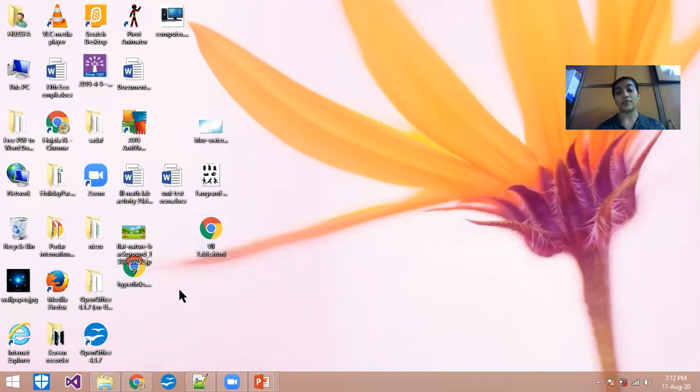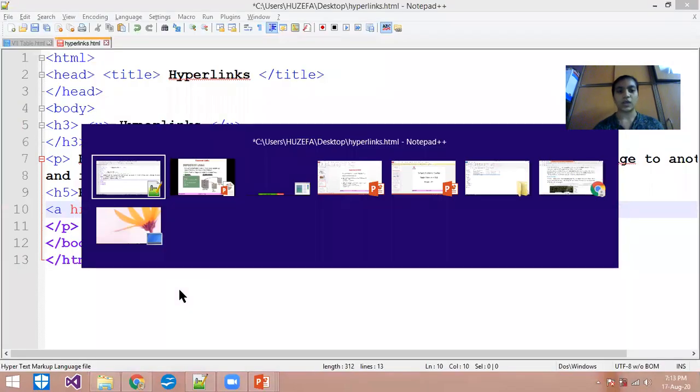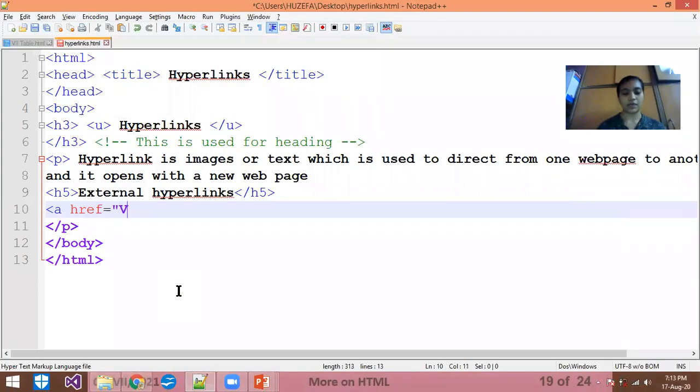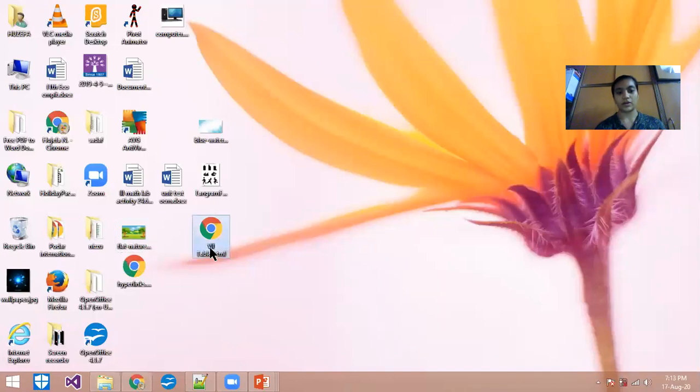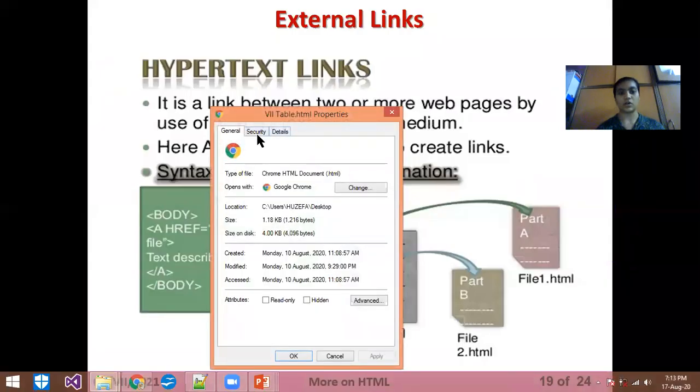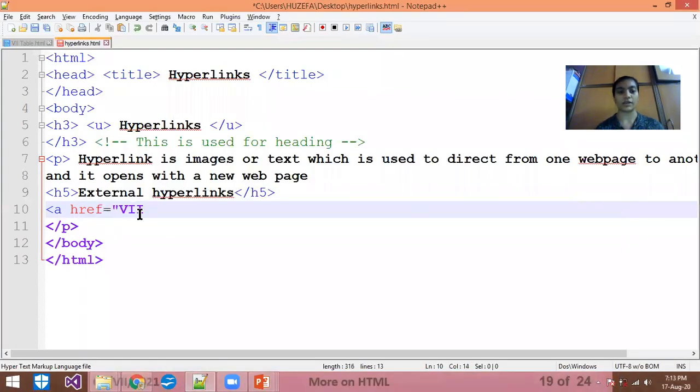7table.html. Both have to be compulsorily on the same location. The way we say for a background image that both should be in the same location, similarly in a hyperlink both should be in the same location. So we will write the same name, 7. I have to check the name first, or you can go to the properties and just copy it, because it will be an interruption for us whenever we write the wrong name. So I just paste it here, double quote,